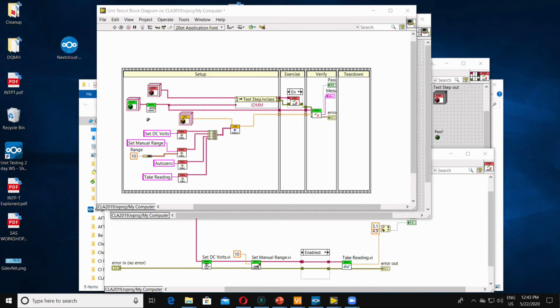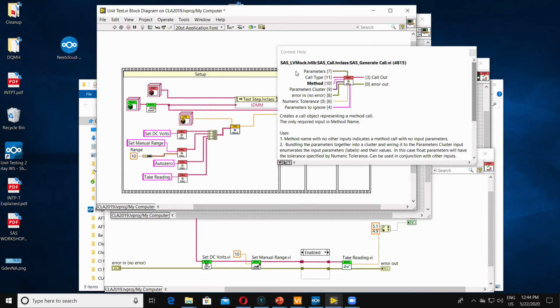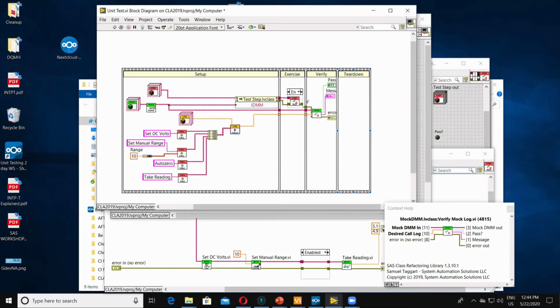So there's that. You can also input a list of custom parameters. So there's some options here. Oops, I turned on context help. Why is context help not coming on? There's context help. So you can pass in an array of custom parameters. We'll get into how this works, how that comparison is done.